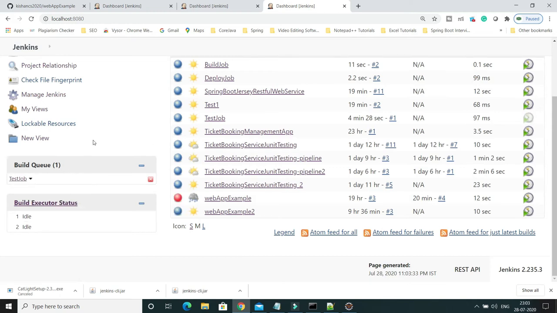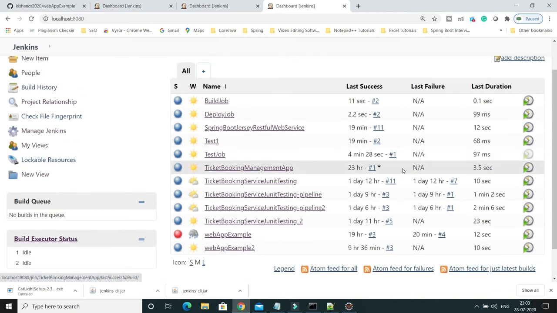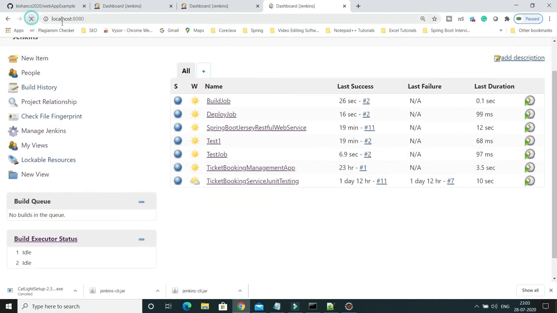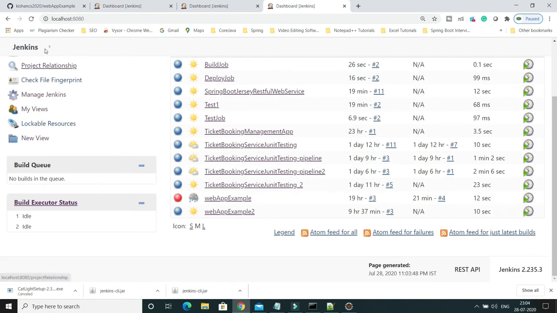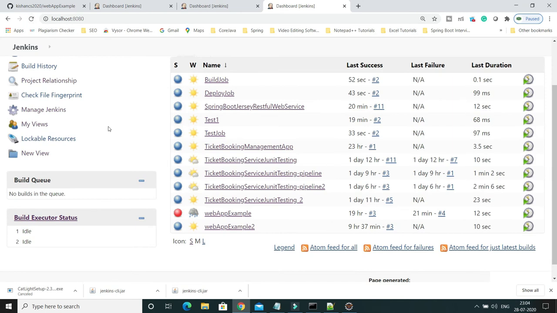I think deploy had already completed before that. If I refresh, you can see the number of builds. Earlier the number of builds in the build job was 1, so now it is 2, and we triggered this job manually. In the deploy job the number of builds is 2, and in test also 2, right? That means when we triggered this job, the deploy and test jobs were executed automatically, right?